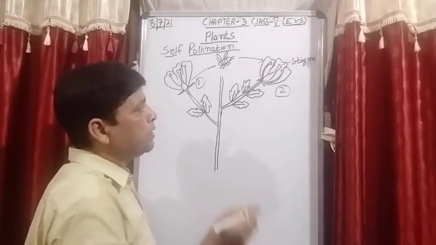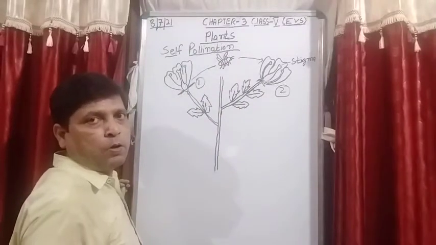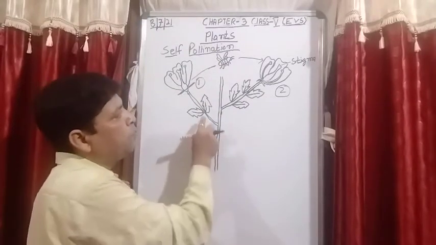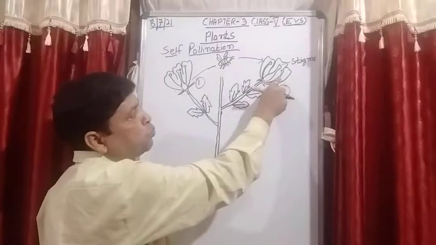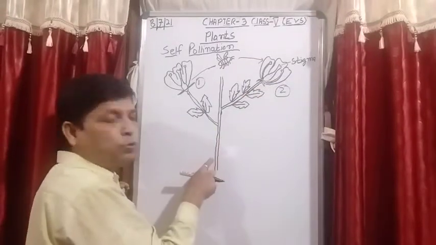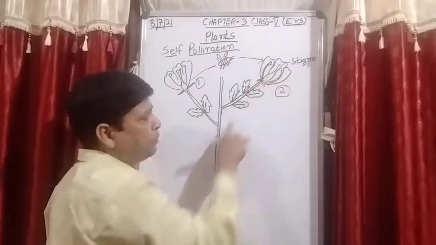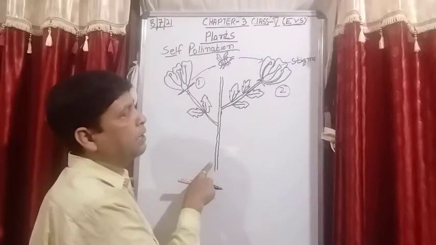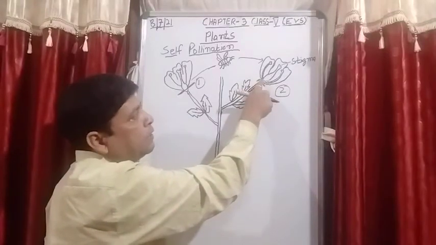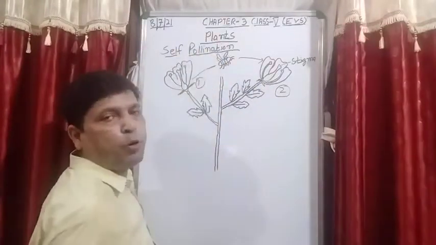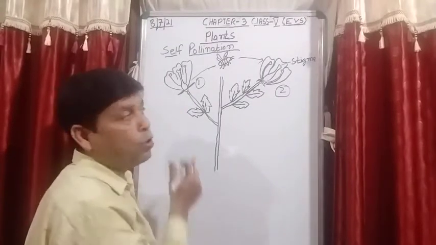So now here you see, that is the reason this is known as self pollination. Both flowers are in the same tree, and from here the bee goes to flower number 2, which is also in the same plant. So when pollens are left on the stigma of the same plant, observe it clearly, that is the reason it is known as self pollination. Is it clear? I hope you all are able to understand.